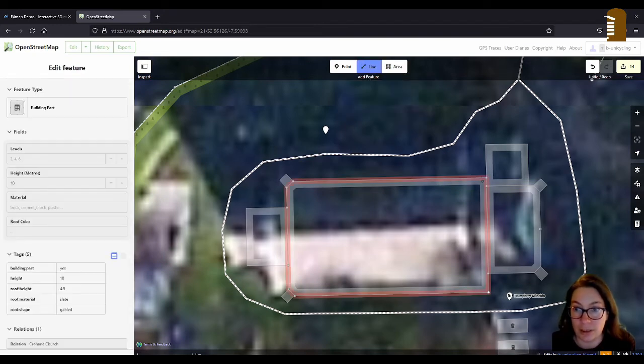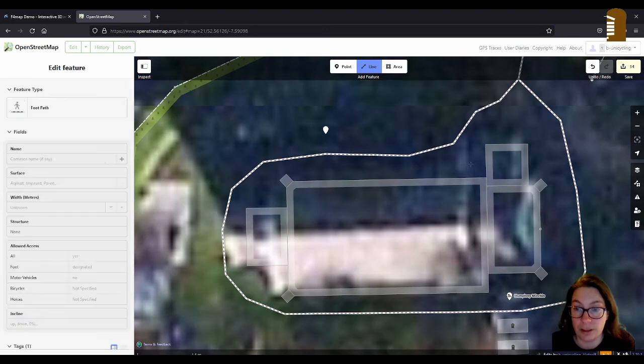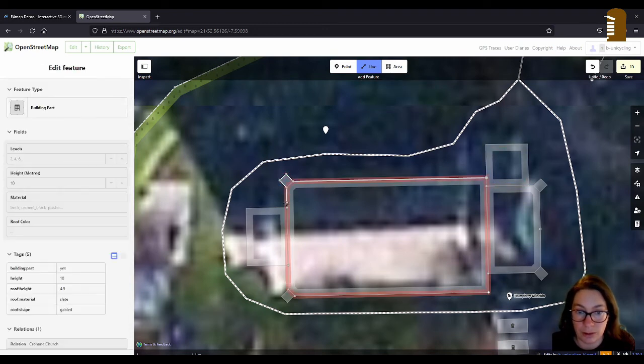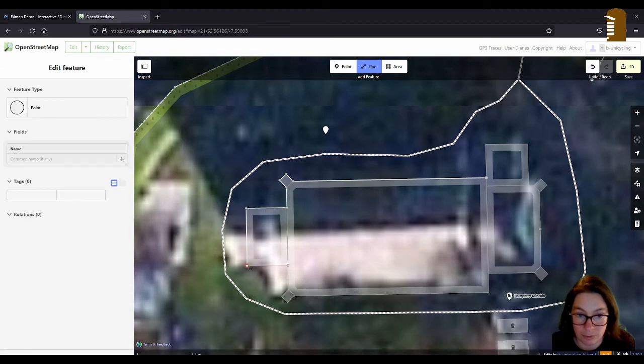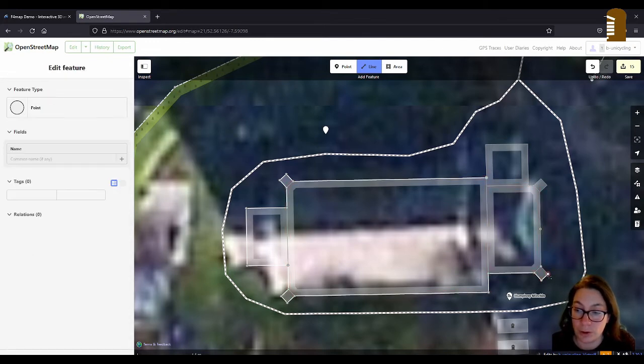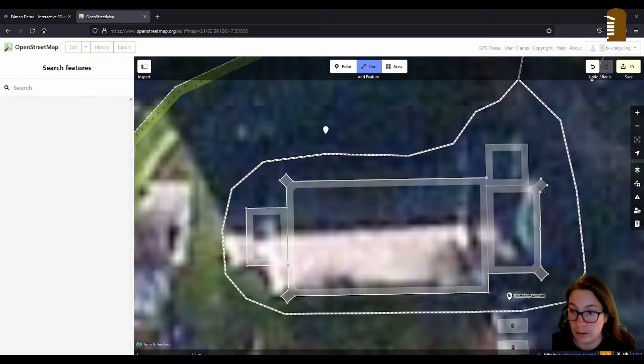So now I'll go and take the line tool. You can also take the area tool, doesn't really matter. And draw a new outline, literally the outline of all the building parts. The outer shell, if you like. And this is going to be what is shown on OpenStreetMap as the footprint of the building.